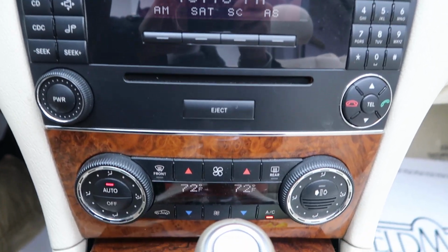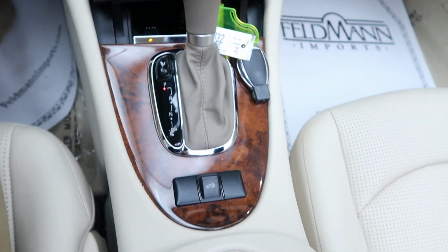Our radio, dual climate controls. Automatic transmission. This CLK has only